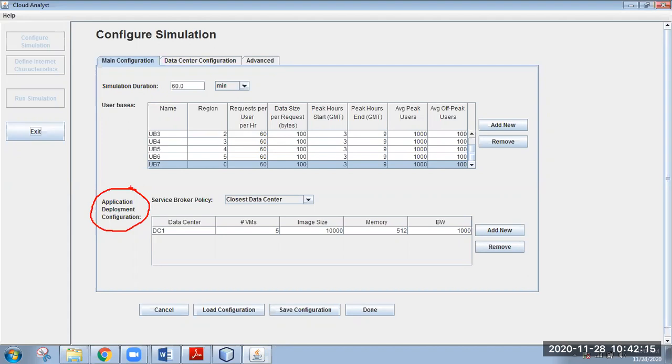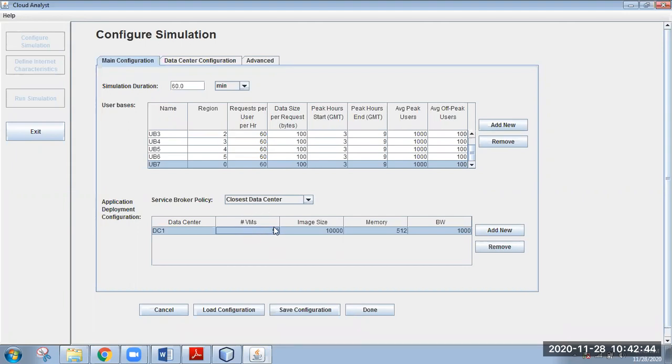So here you can see you have only one data center, and I told you data center consists of a set of servers, and on each and every server you can create a set of virtual machines. Like here you can see the data center 1, I am creating 5 virtual machines. Okay, you can increase it. Let's say I'm writing 50 virtual machines. That is possible.